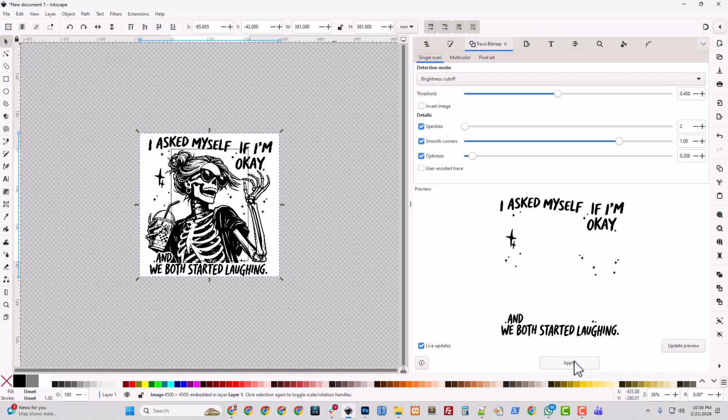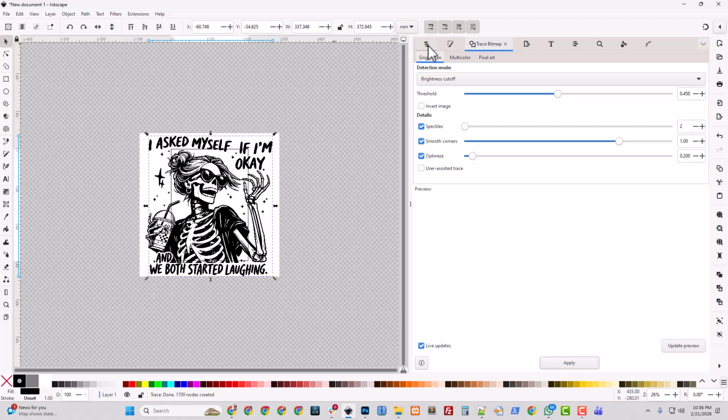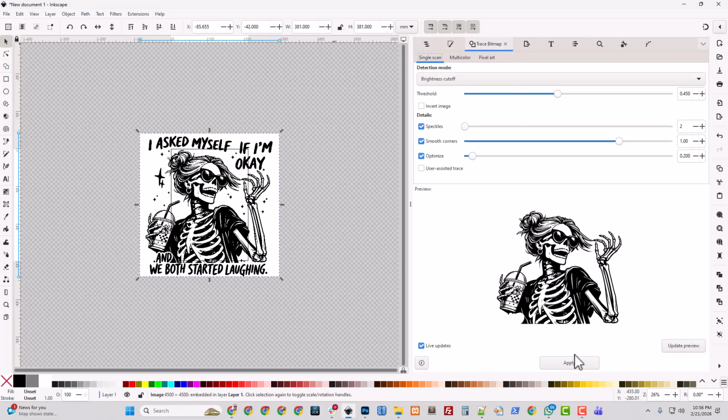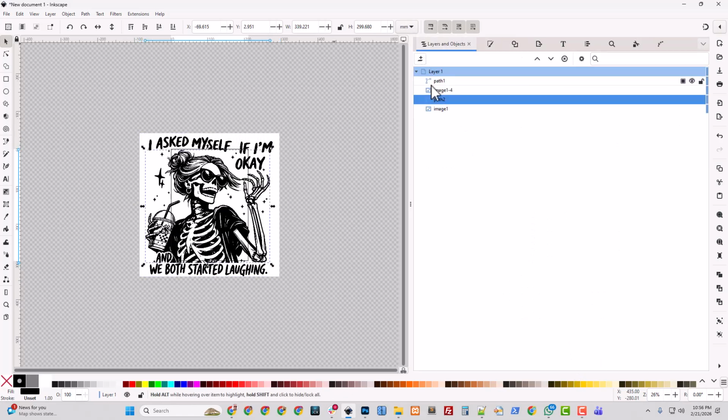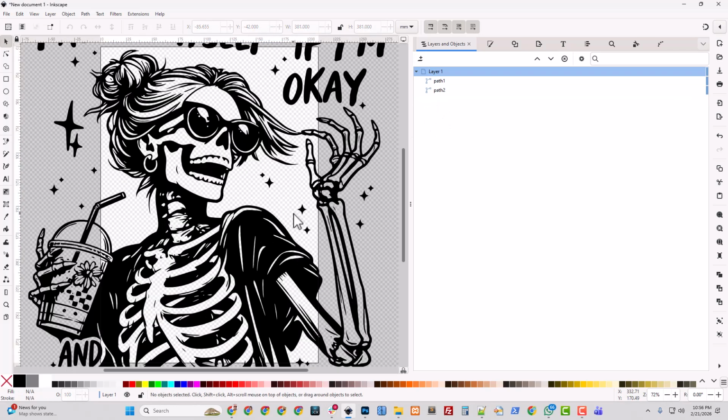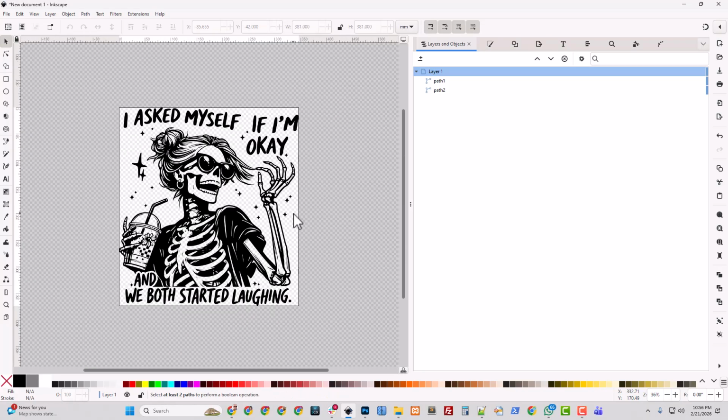And we'll just trace bitmap, we'll apply that one. And we'll grab the other image and apply that one. And then we will just delete these images. And I didn't even look at what the result was, because I was pretty confident. Normally I kind of tell people to watch and see, especially when I'm training the staff. I'm like, look, watch and see what happened as a result. But in this case, I was pretty confident, so I just went with it.